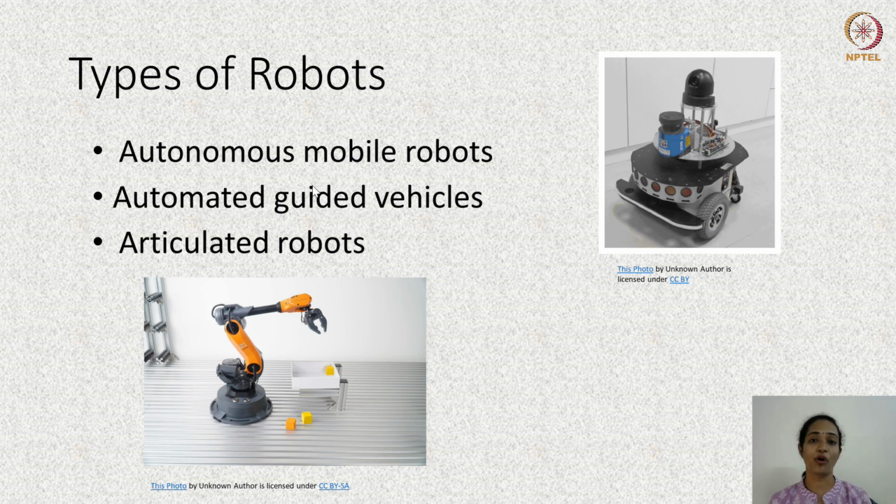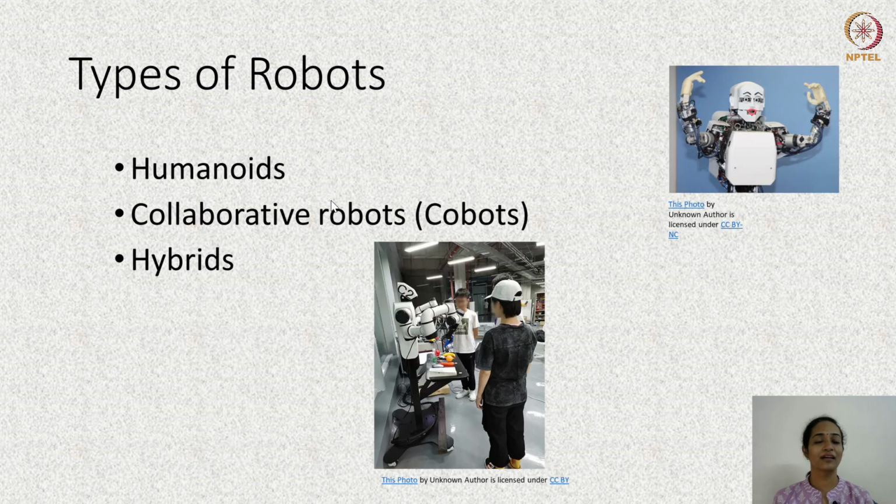And these robots are widely used on the industry floors for welding, material handling, machine tending, and packaging. Having seen these robots, let's see what are the other kinds of robots. The robots which I am presenting to you here are different from the ones in the slide before. Why? Because they look and feel a little bit more like human beings.